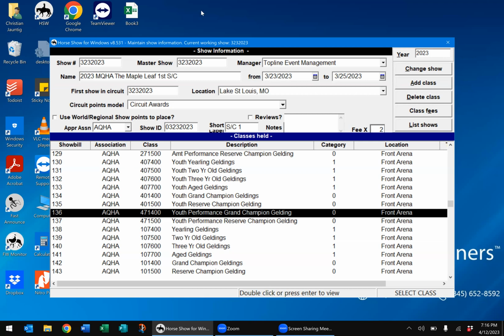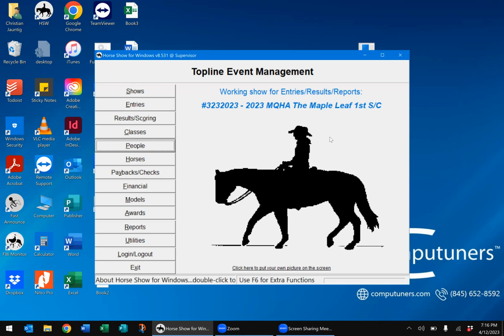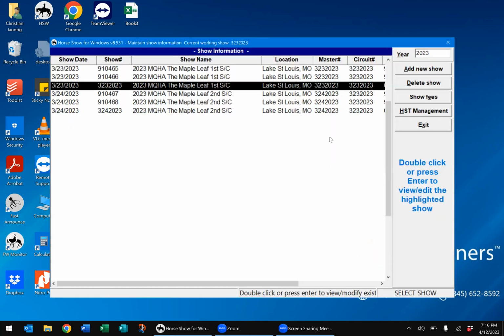So going on to the next thing, this one came from APHA. APHA says that they're getting a couple of instances where they're getting the files that are generated with missing placings or too many placings. So for those of you that don't know, APHA only wants 7 placings per class, regardless of how many entries there are. So the best way to handle that, to make sure you're not reporting more than 7 entries,